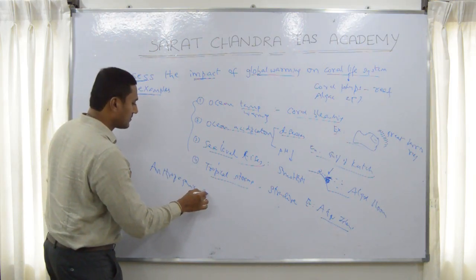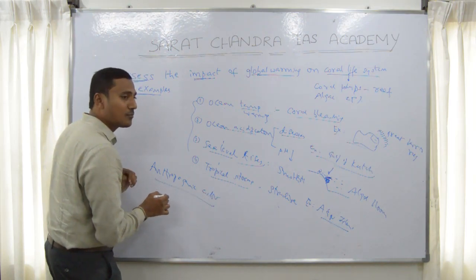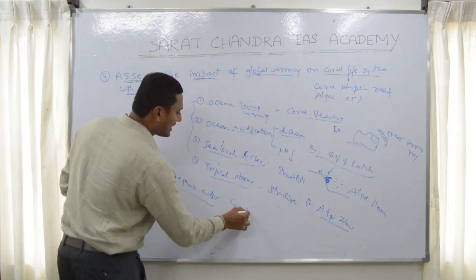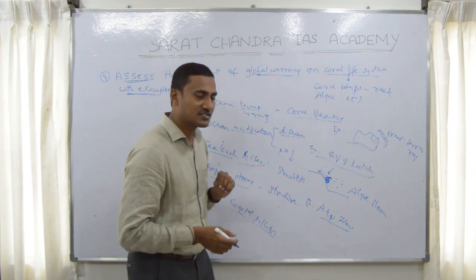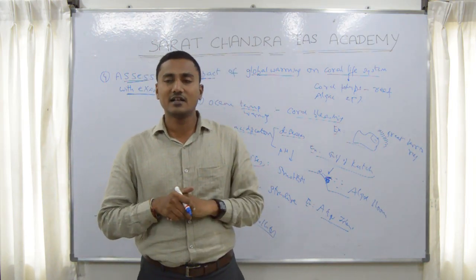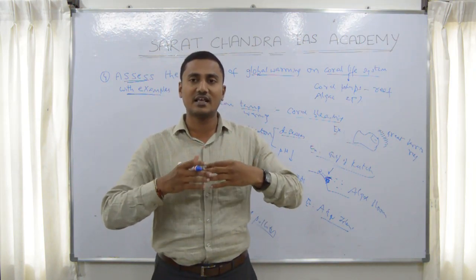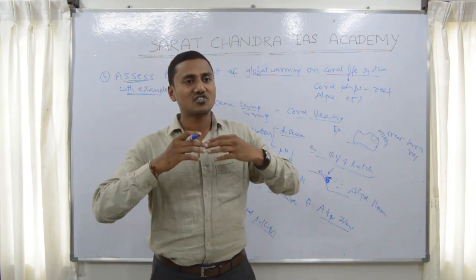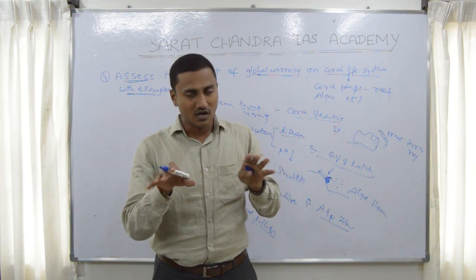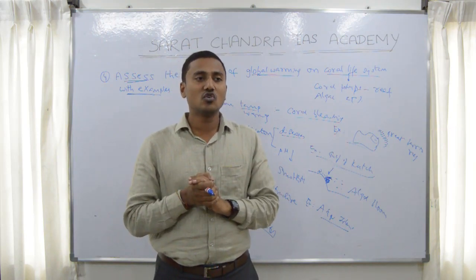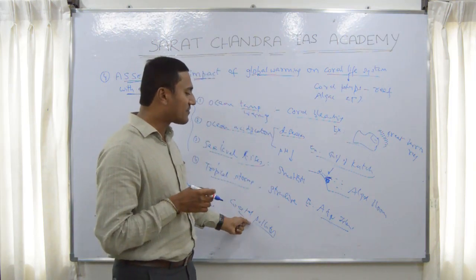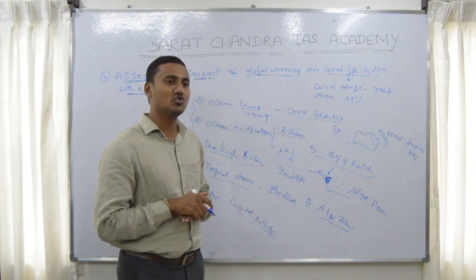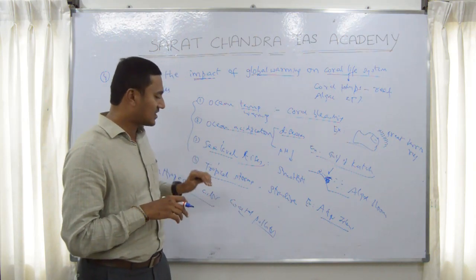For example, coastal pollution. Along the coastal areas, if there are any industries, any agriculture from where the runoff contains the fertilizers, pesticides, that adds extra nutrients into the coastal area where corals are there. So the coral polyps definitely will be suffocated by the extra nutrients or pollution coming from the activities on the